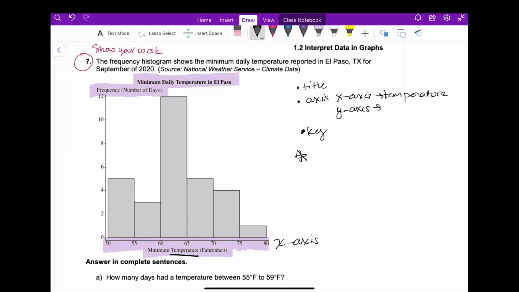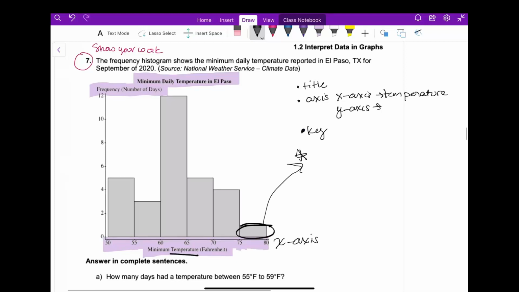I'm going to pick a random graph. A random bar. Just go in anywhere and pick a bar. I'm going to pick this bar right here and I'm going to make a sentence about it. Let's do it. The number that I see here, remember I follow it to the side, is going to be 1. I see that one day, and I know it's one day because look over here are days. One day in El Paso had a temperature